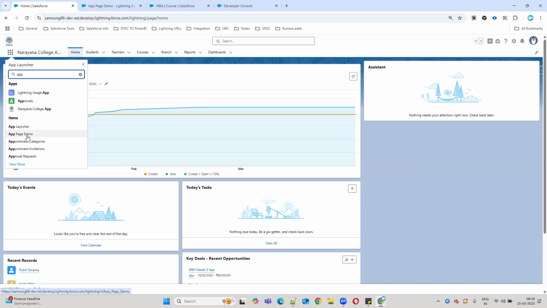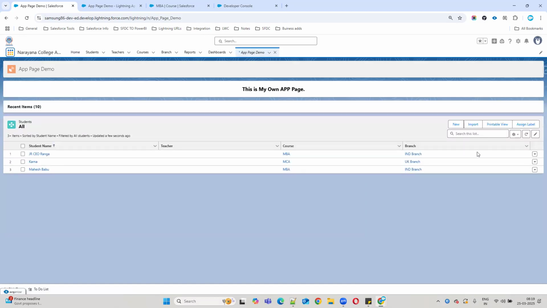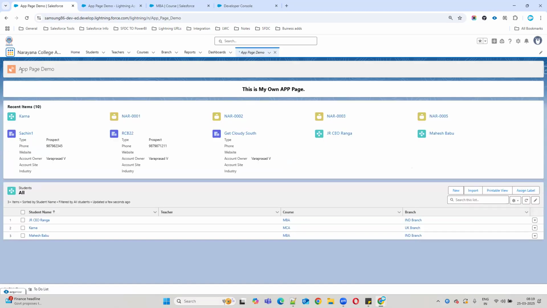Whenever you create any Lightning app page, not a home page, not a record page, that time it will create one tab automatically in the background. If you click this one, it will open the page with the components we have added here. You can see this is my own page, recent items which I have worked on, student list view. Like this, you can create your own page.